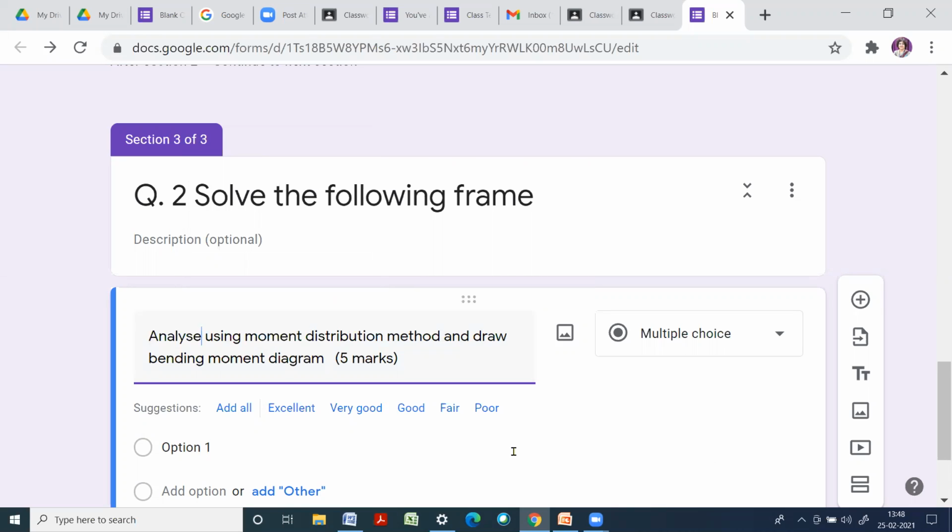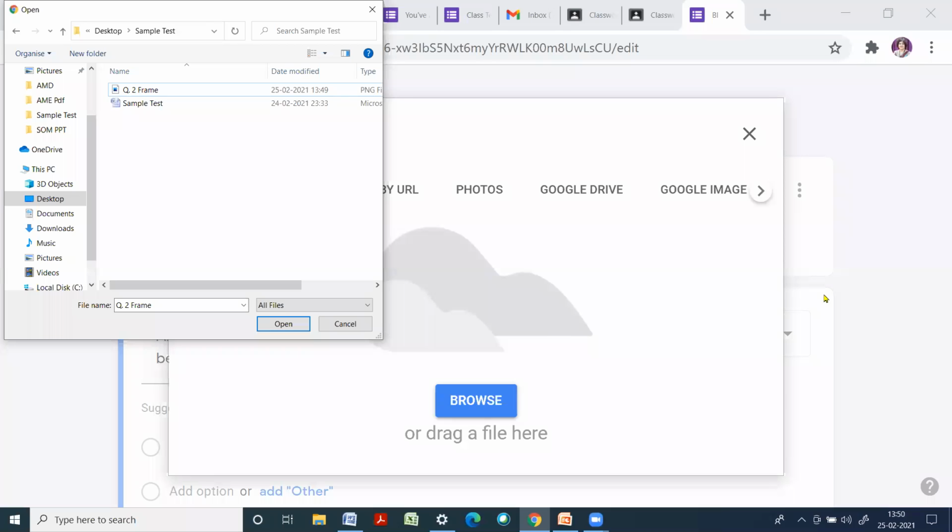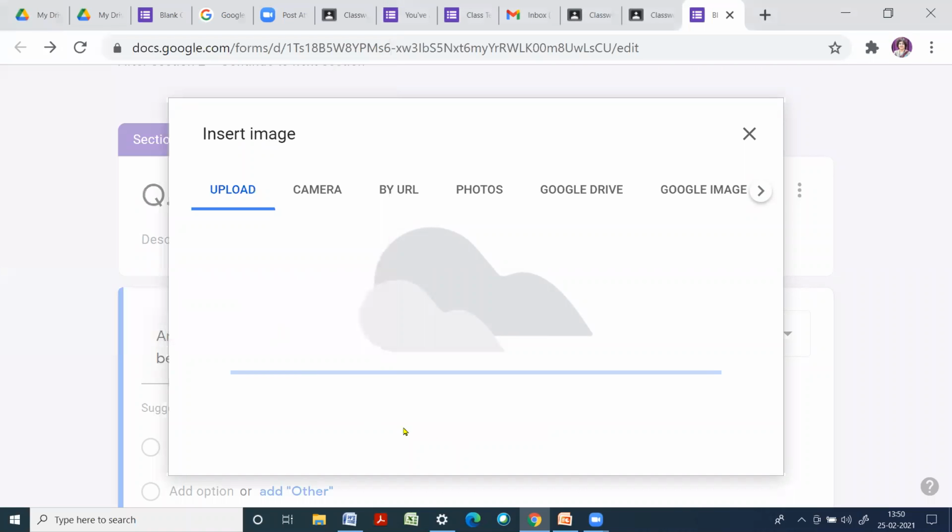Now I want to upload the figure. So to upload the figure, click on this to add image. Then click on browse. Once you click on browse, then select the file containing the figure and then click on open.